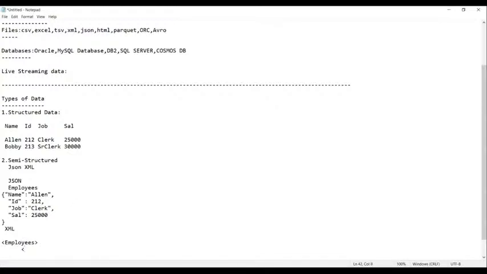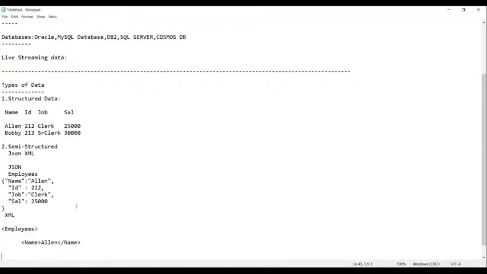Now let's start the tag here. What's the first row you have? Name. What is the name you have? Alan. And now again, close. Name. This is called an opening tag, and this is called a closing tag. Getting my point? Opening tag and closing tag. In between, you have employees.